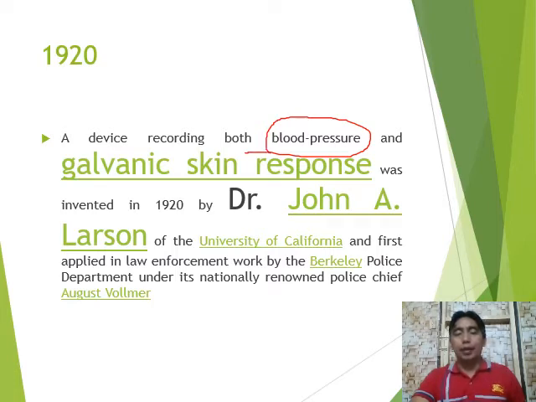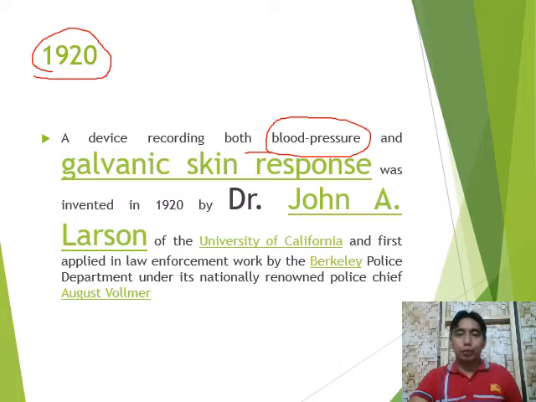So he added another activity. There are already two activities of the body recorded by the machine invented in 1920, and that is skin response, referring to detecting the activity of our sweat glands. That was Larson,